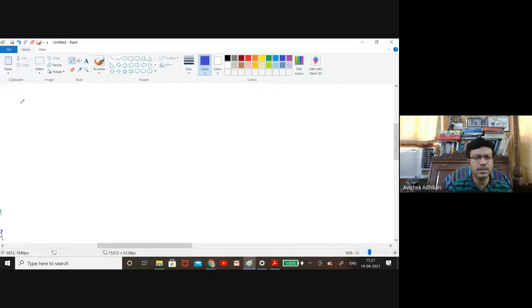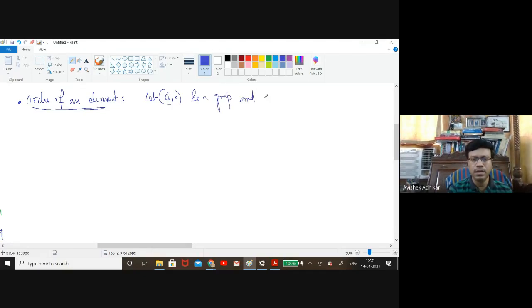Okay, so now I will go to a few important terms that are related to algebra, especially group theory. First is order of an element. What do you mean by order of an element? Last day I mentioned what you mean by order of a group. That means the number of elements of a group, if it is finite, and if it is infinite, then you will just say that this group is of infinite order. Now I am going to discuss what you mean by order of an element. So let G be a group and a belongs to G.